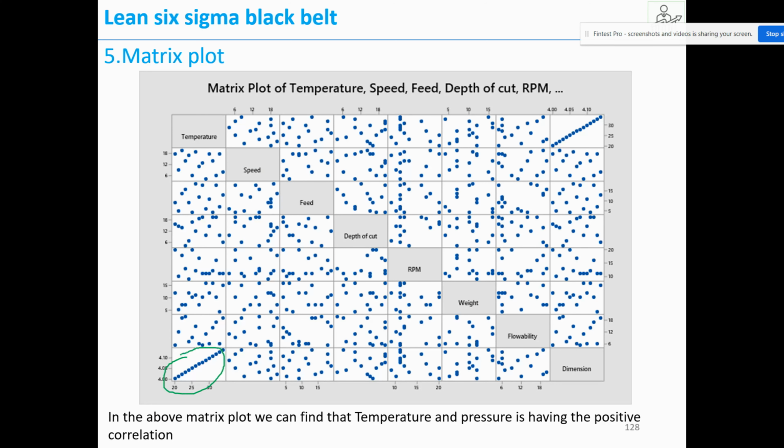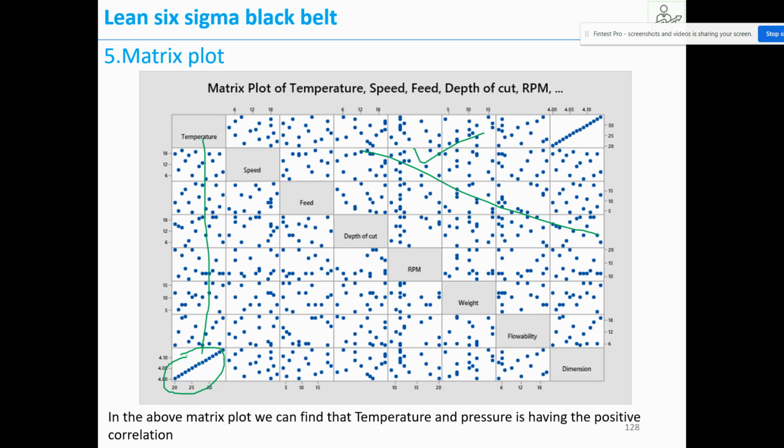Here I'm finding a linear line. That means this is nothing but the mirror of this. So now what we can find is that between the inputs, and between the inputs and output, there is not much correlation except temperature and dimension.